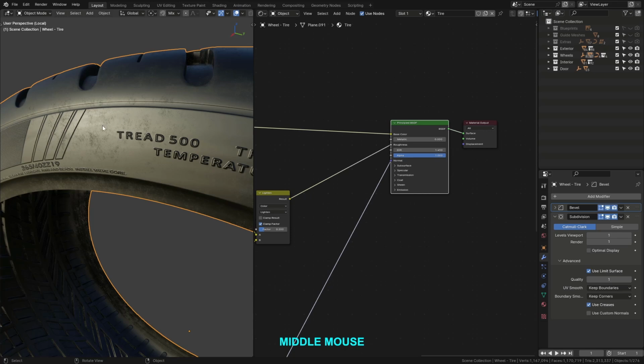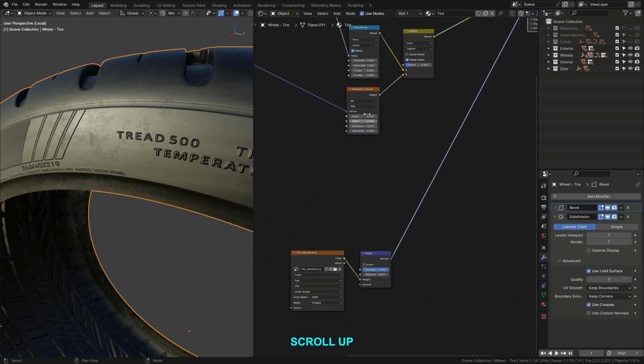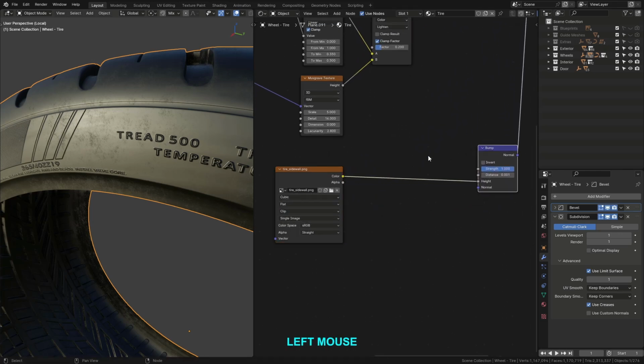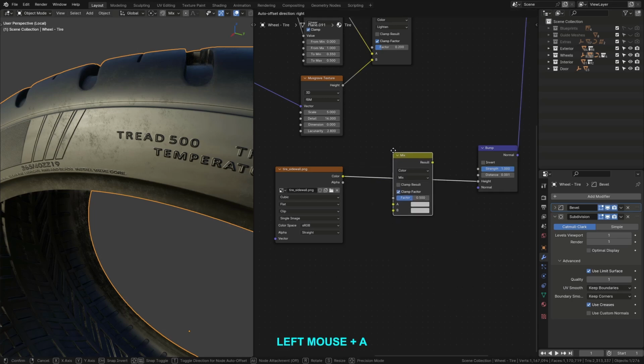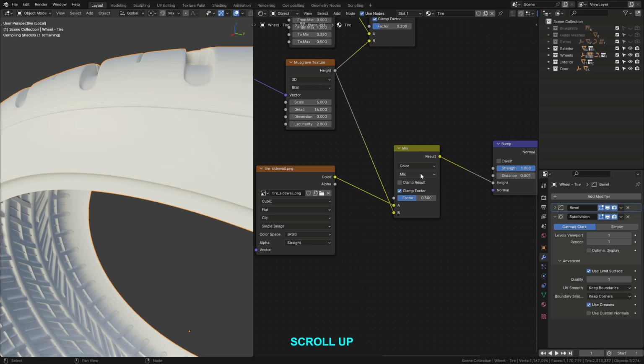Now I'd also like this layer of grit to affect the normal map, so we need to combine the Musgrave texture and the tire sidewall texture before they reach the bump node. So let me move these up here, and let's drag the bump node over so we have some extra space here. And now let's press Shift and A, and from the color menu, add a mix color node and drop it on this line. And now let's connect our Musgrave texture to the bottom color socket here,